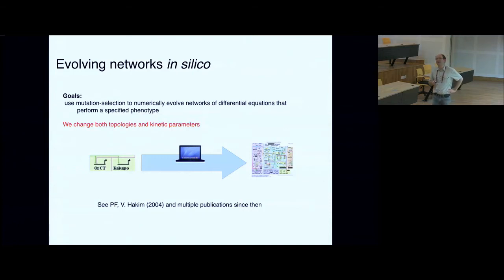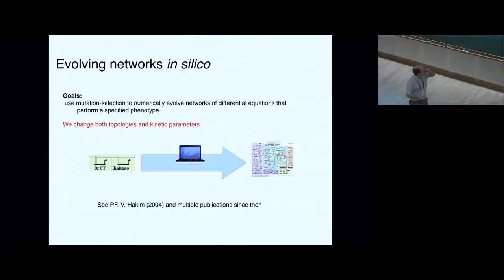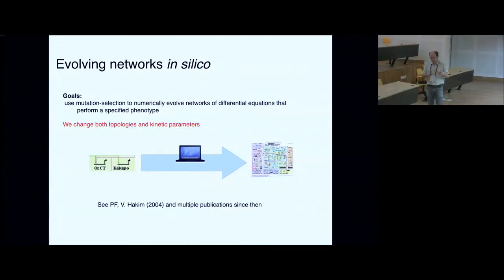And the hope is that at the end, you will end up with very big networks, similar to what you see in nature. The important thing, again, is that we want to create new networks. It's really the idea of macro evolution that I described two days ago. We want to see how new motifs, new structures emerge in these networks that we evolve. Okay, so that's the idea, and let me now describe exactly how you do that.